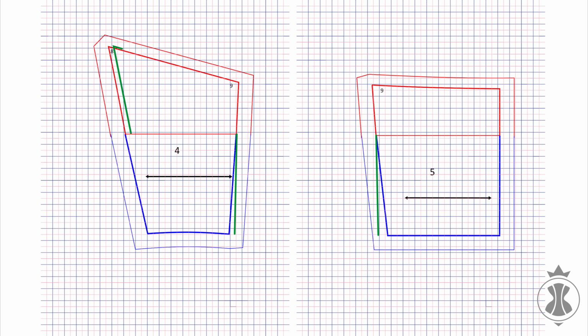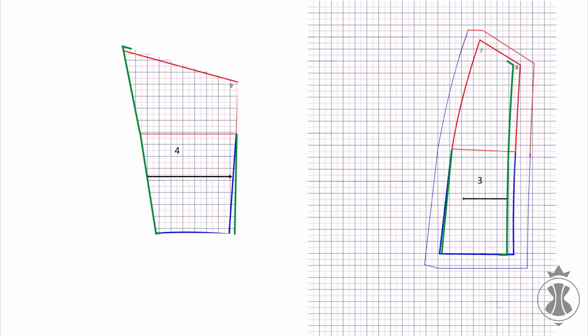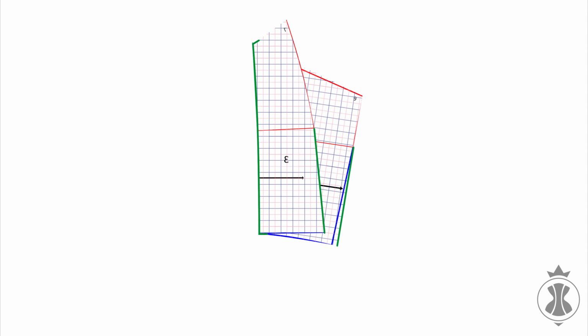Let's draw a new side line of detail number 4, changing the location of its top part by 1.2 centimeters to reduce the detail and removing 0.7 centimeters along the waistline. As a result, the shape of the new side line of detail number 4 is similar to that of the side line of detail number 3, which means that we won't have a problem joining the raw edges together.